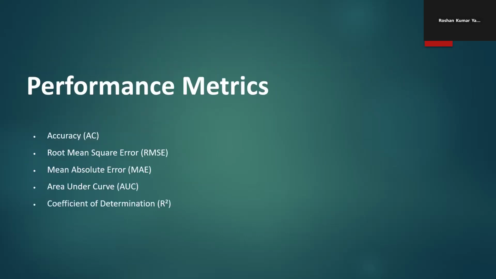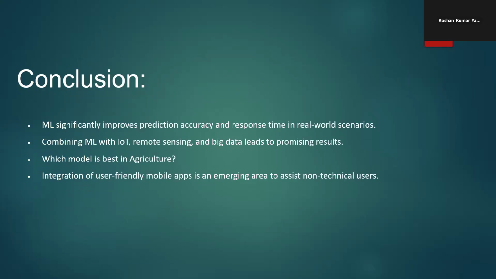On the basis of performance metrics like accuracy and root mean square error, they measured the models, and on the basis of the accuracy scores and all these performance metrics, they tried to identify which model is best for what categories of agriculture application. As a conclusion, I want to say that machine learning